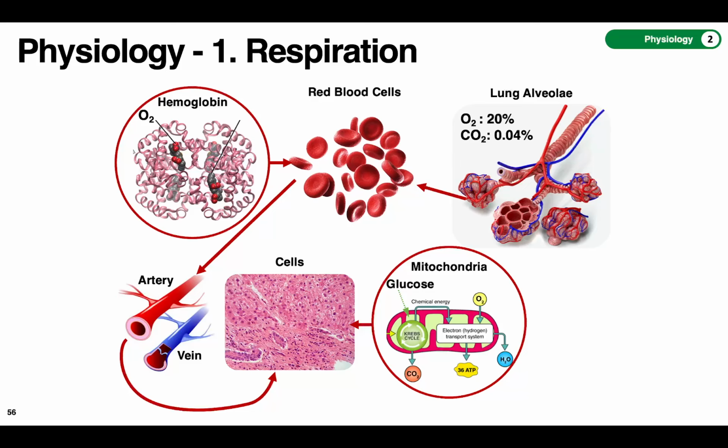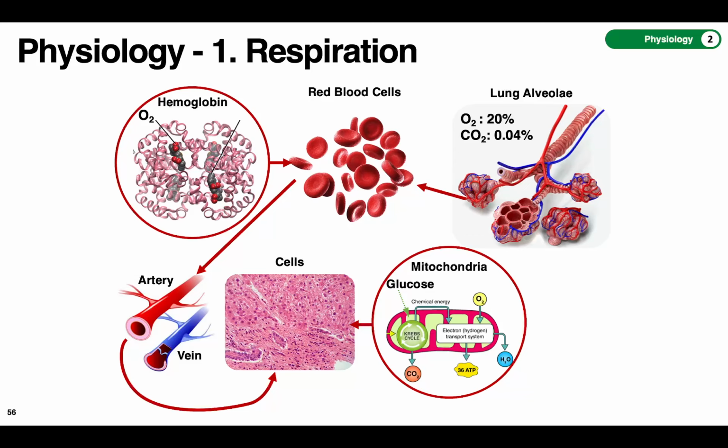passively. And then in the cells, it will go into the mitochondria, which is the organelle within the cell that's specialized in energy generation from respiration. And it's going to go into a complex cycle that's called the Krebs cycle. And basically, it's going to transfer electrons into many compounds. And at the end, it will generate a lot of electrons that will be bound to the energy molecule called ATP. And then it will generate CO2 as a byproduct,